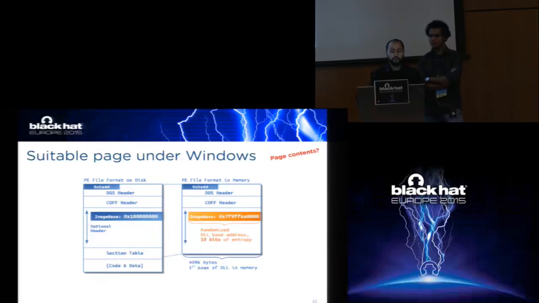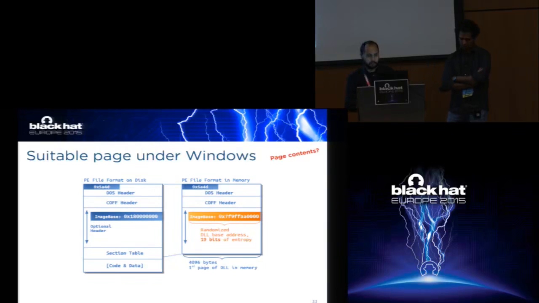When we were trying to identify these pages, we looked at the first page of every executable image, so a DLL or an executable in Windows. On disk it looks like here on the left. We have a portable executable file that has header information, and there is a very interesting field called the image base field that has just a certain value on disk. But as soon as this portable executable file gets mapped into memory, which happens with DLLs and executables, the image base field will be adapted. And it will then contain the runtime randomized base address of that DLL or executable.